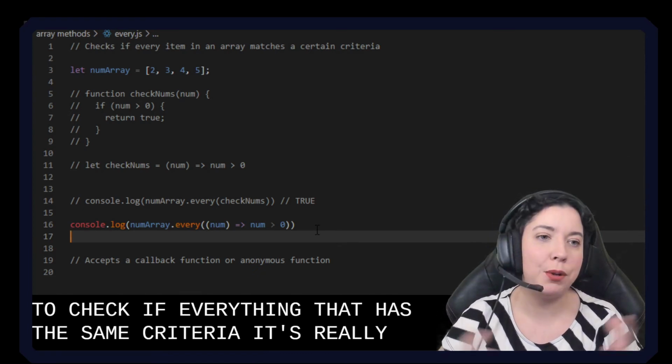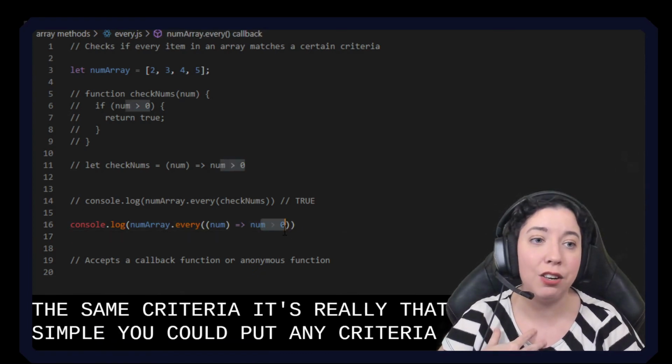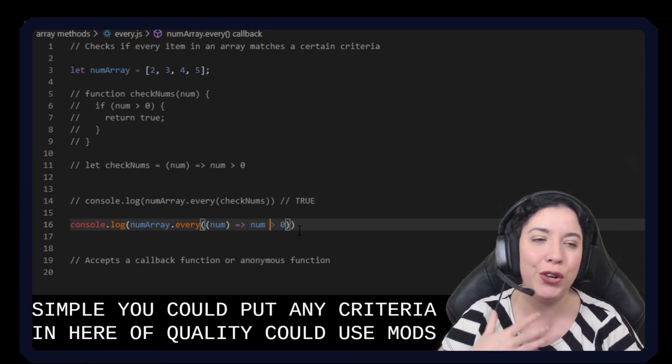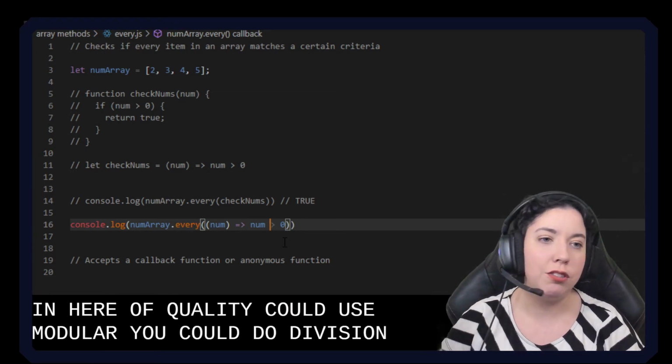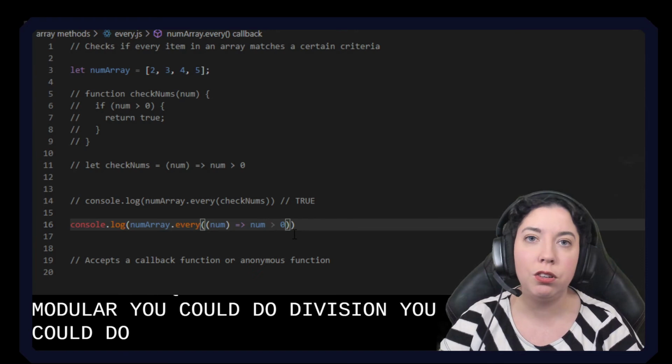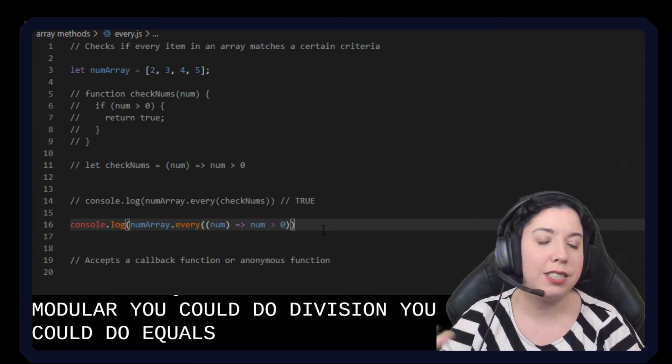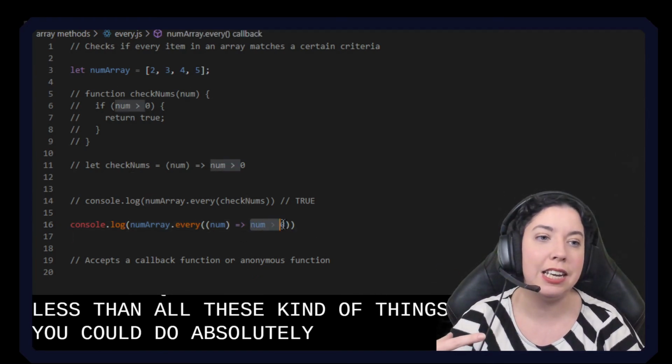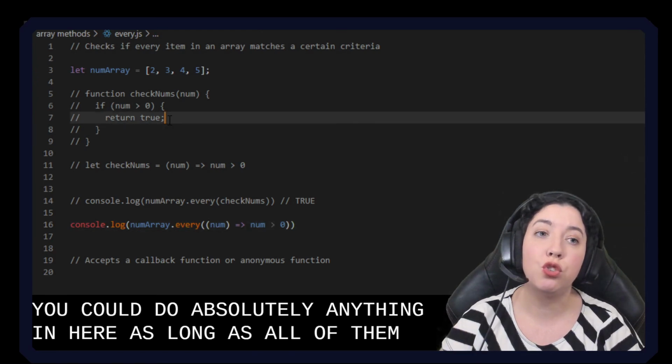It's really that simple. You could put any criteria in here, of course. You could use modulo, you could do division, you could do equals, you could do greater than, less than, all these kinds of things. You could do absolutely anything in here. As long as all of them return true, every will